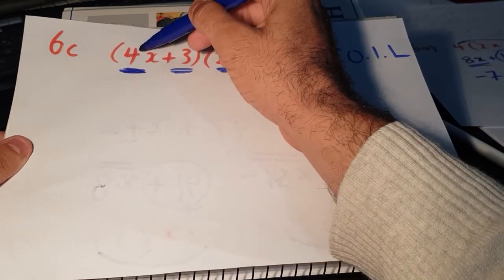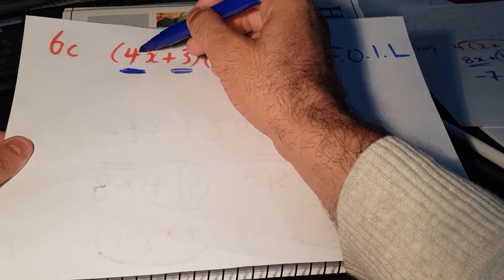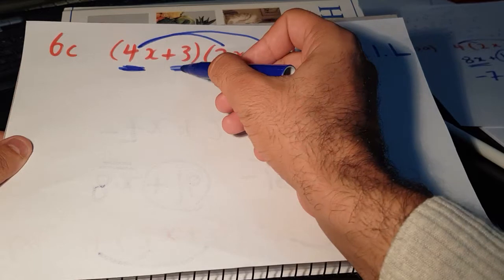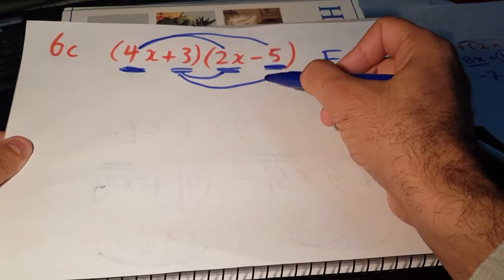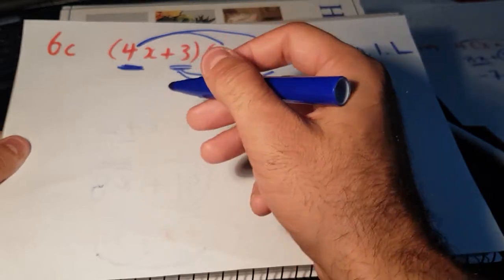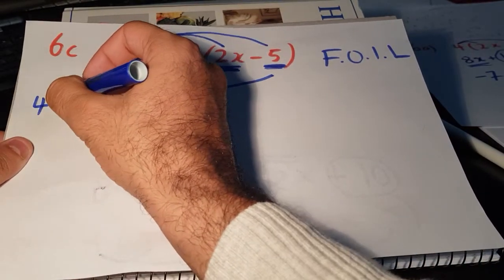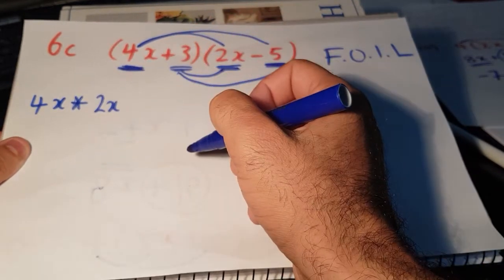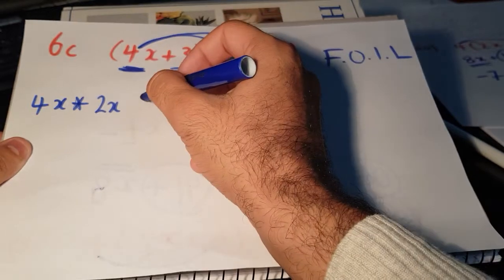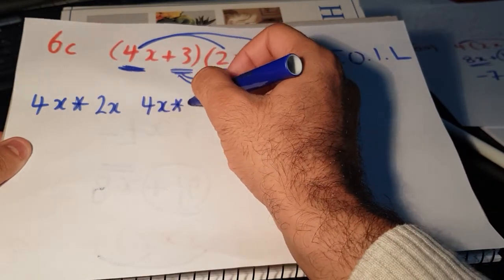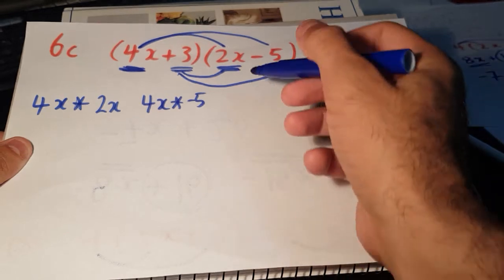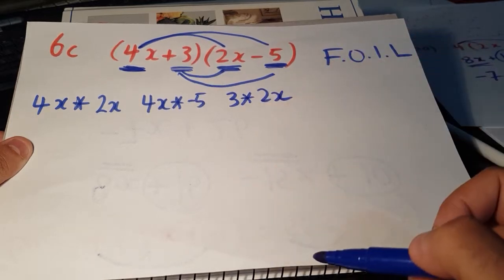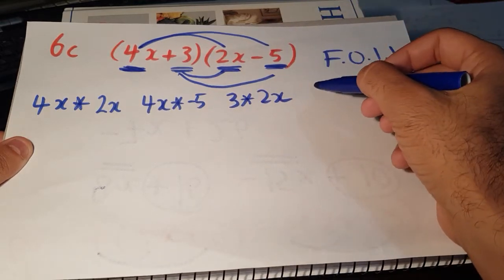Or we can just multiply this by that, this by that. So the first with the first, first, second. Then second, first, second, second. So let's do this step by step. So we have 4x times 2x. Then we have 4x times negative 5. Then we have 3 times 2x. And then we have 3 times